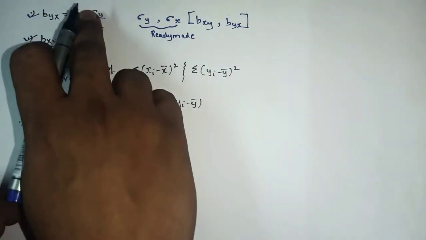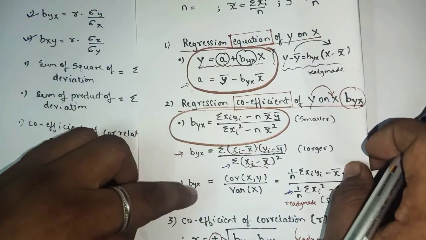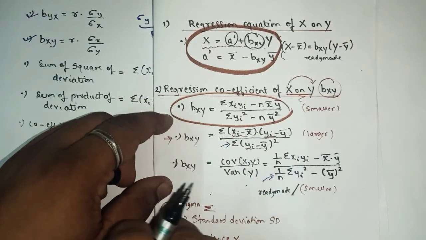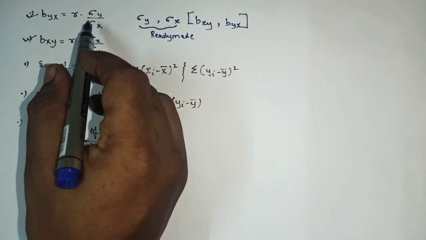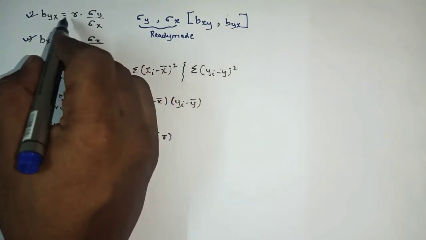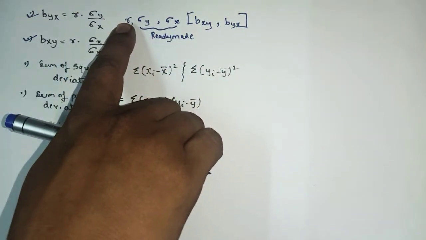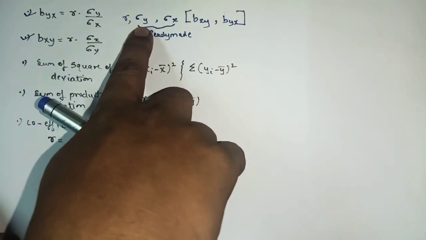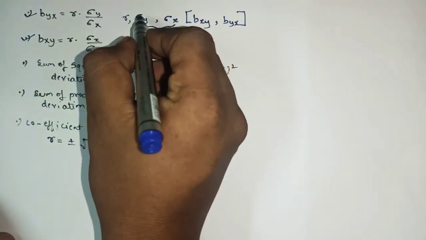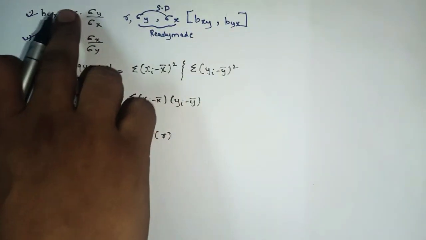Okay, so remember this. There are many sums in the second exercise where, instead of using all these formulas of byx and bxy, you have to apply this formula, because you will have the value of standard deviation of y, standard deviation of x, and you will have the value of r also. Remember this. When you have r, it is known as the coefficient of correlation. When you have the value of r, standard deviation of y and standard deviation of x, then you have to apply this formula.